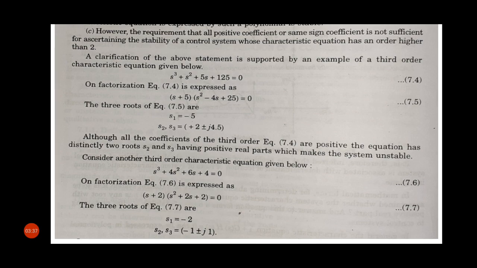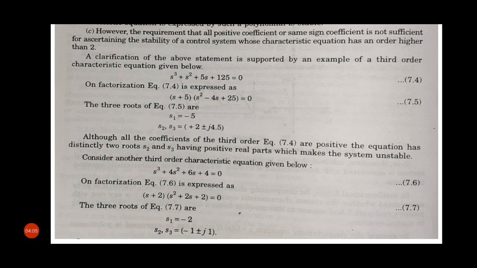A clarification of the above statement is supported by an example of a third order characteristic equation. So here we have taken a third order characteristic equation for clarification of this statement. Okay, so we consider this equation, that is s cube plus s square plus 5s plus 125 equal